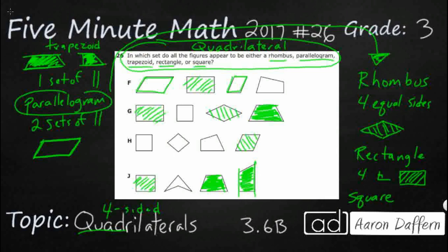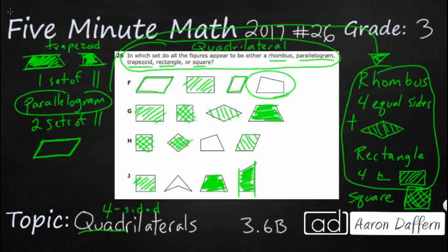It's got both of these put together, so I'm going to put that plus that equals a square. And let's make sure that our square here has both types of lines right here. Notice that F has a shape that's not circled, so does H, and so does J. So our answer is going to be G, because